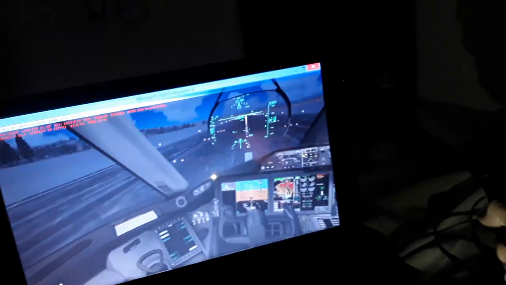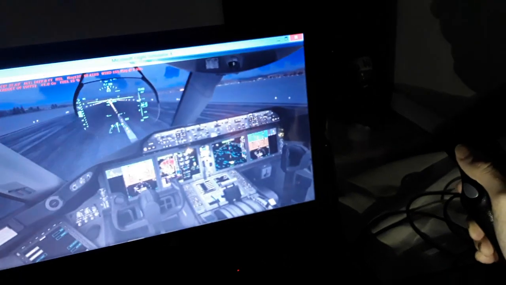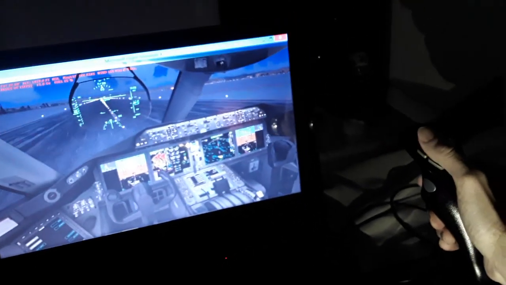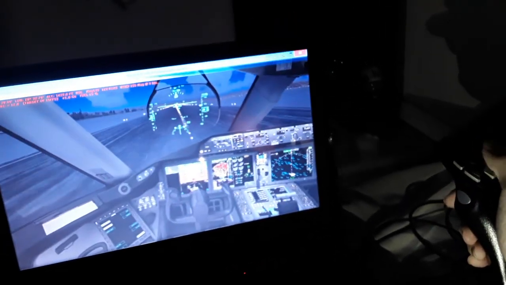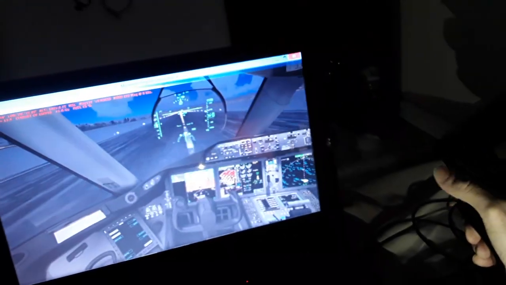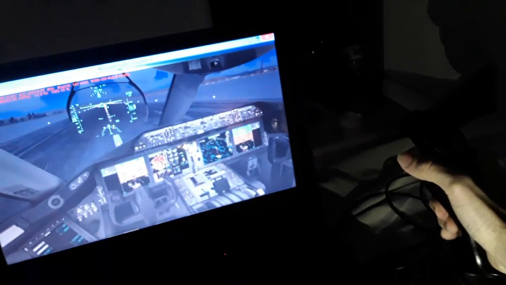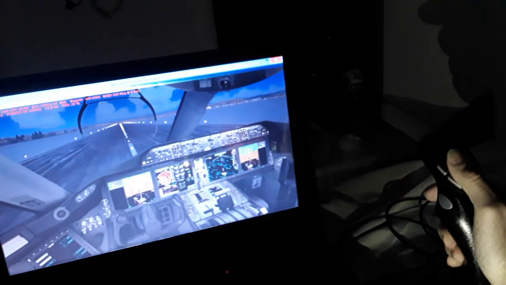So we have 60 knots, 70, 80 knots, as you can see. Keep rolling, 100 knots, pressurize a little bit. Now we have the V1, we rotate, pitch up 9 degrees,